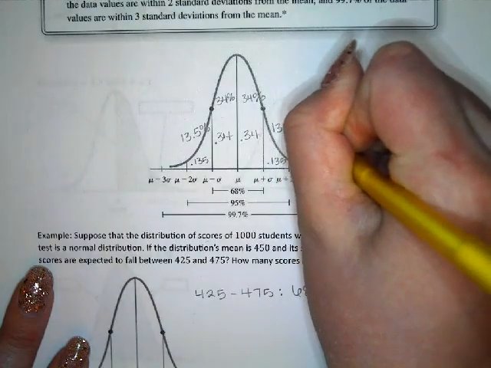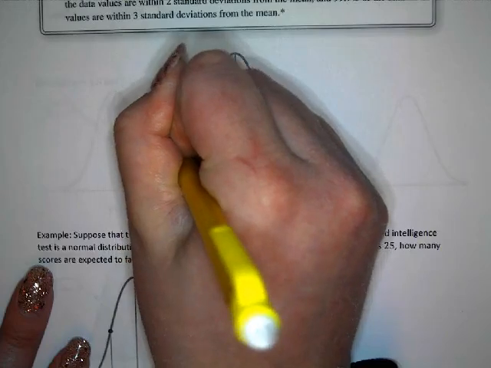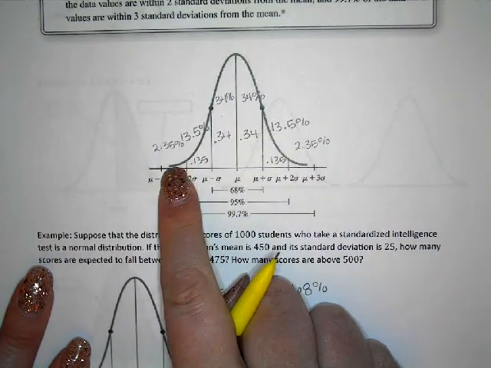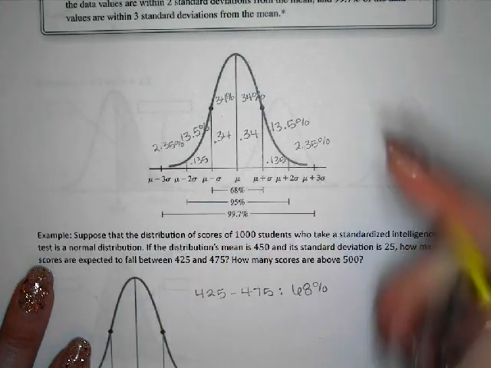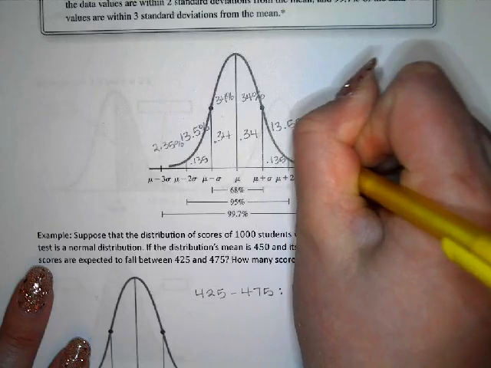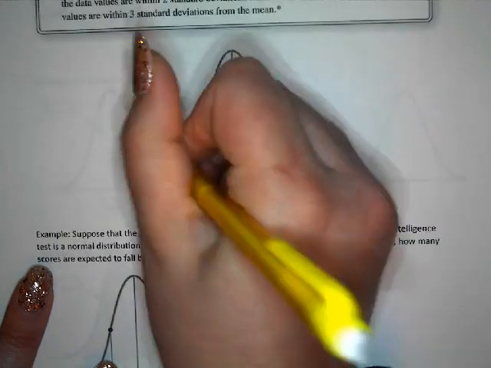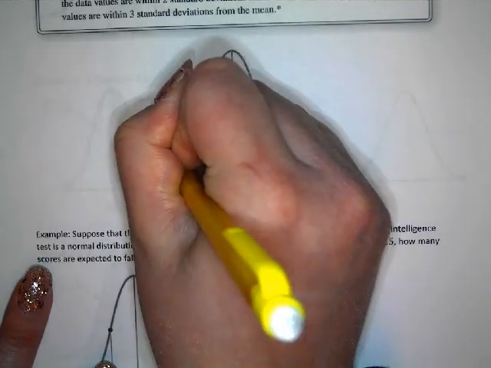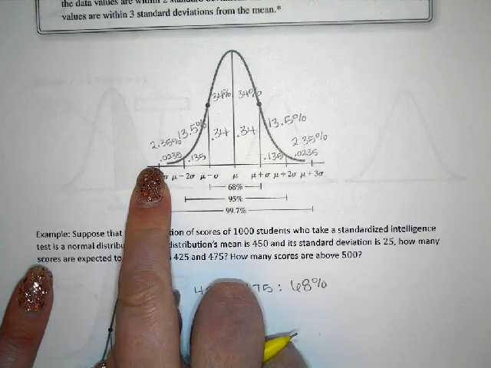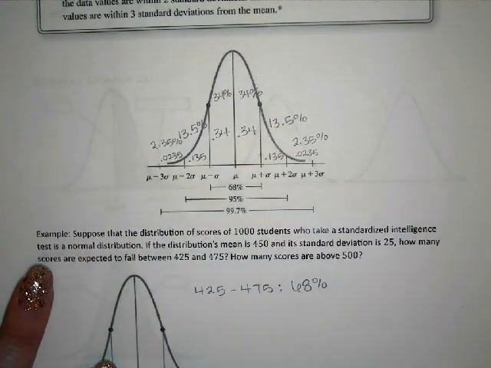2.35% right here. And so for the decimal that's in this little area right here, that would be 0.0235. I would have to take that decimal and move it 2 places to the left to write this as a decimal number. Okay, and then anything that is beyond 3 standard deviations, maybe 4, 5, 6 standard deviations,